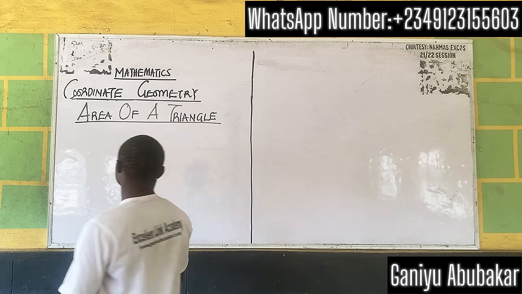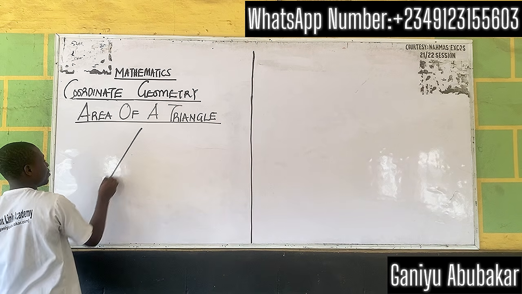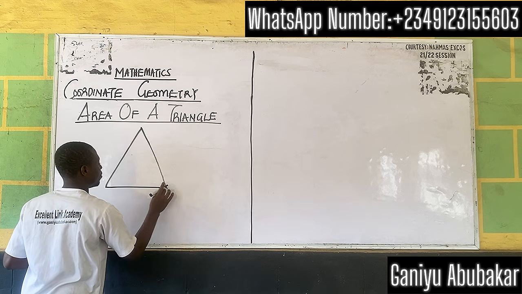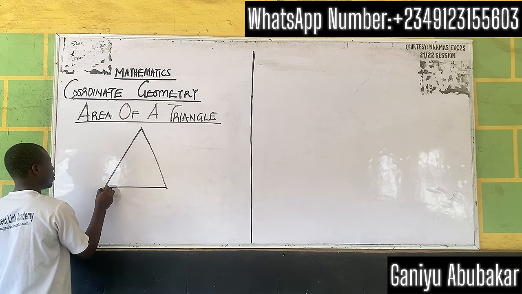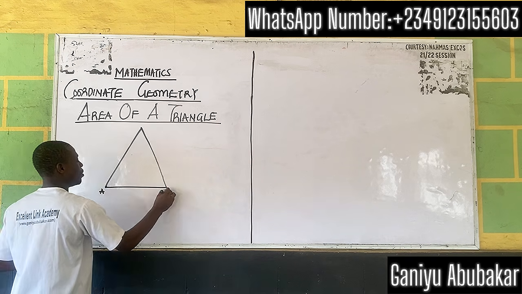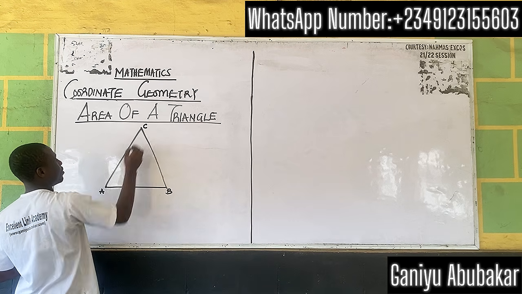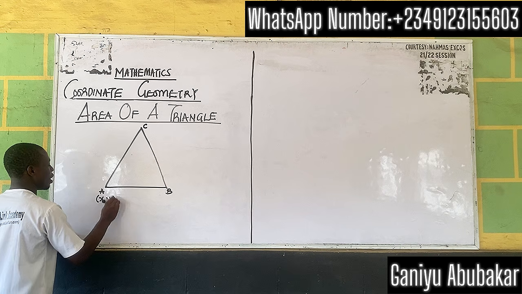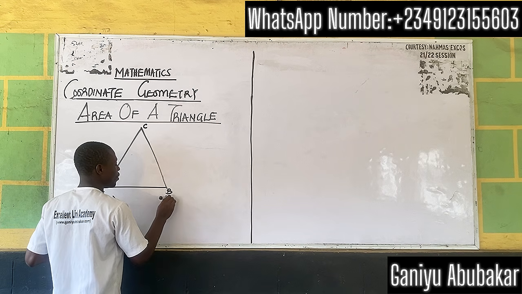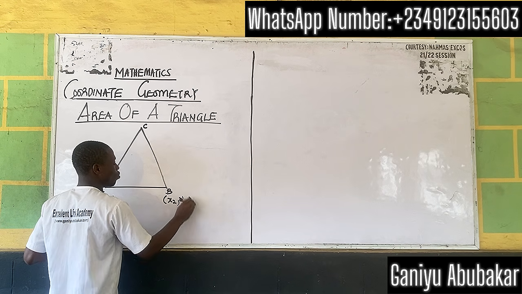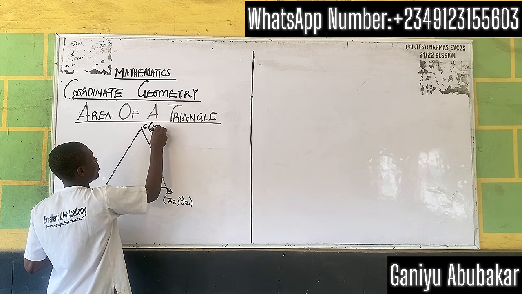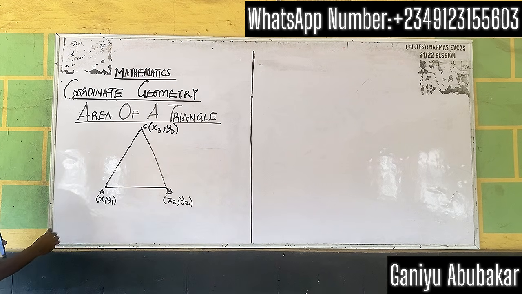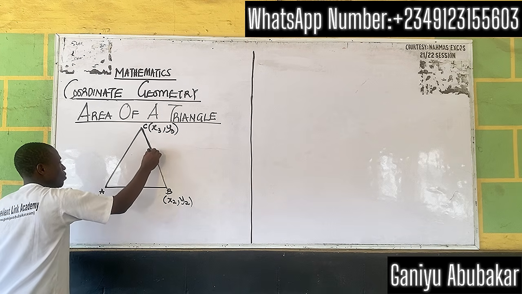Look up please. Let's say I have a triangle this way. Let me call the points A, B, and C. Point A will have x1, y1 coordinates. B will have x2, y2 coordinates. C will have x3, y3 coordinates. Now, when it comes to area of a triangle under